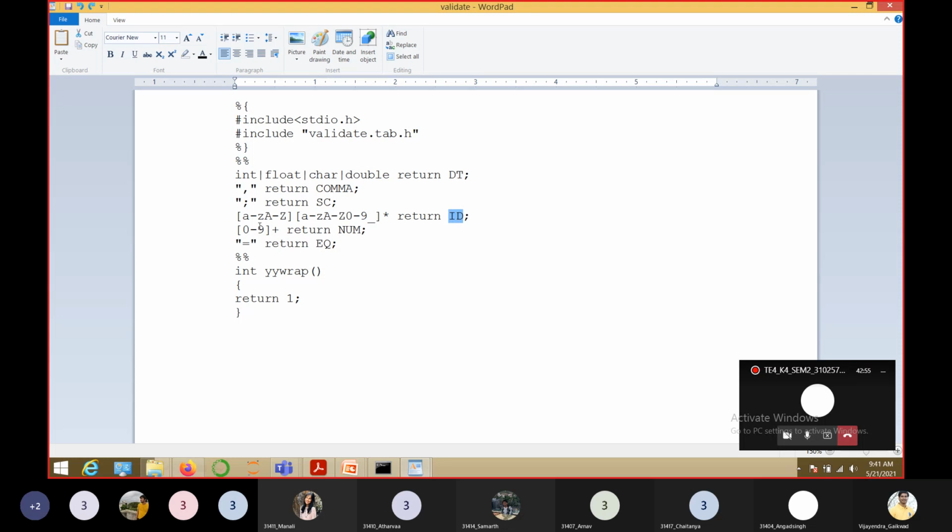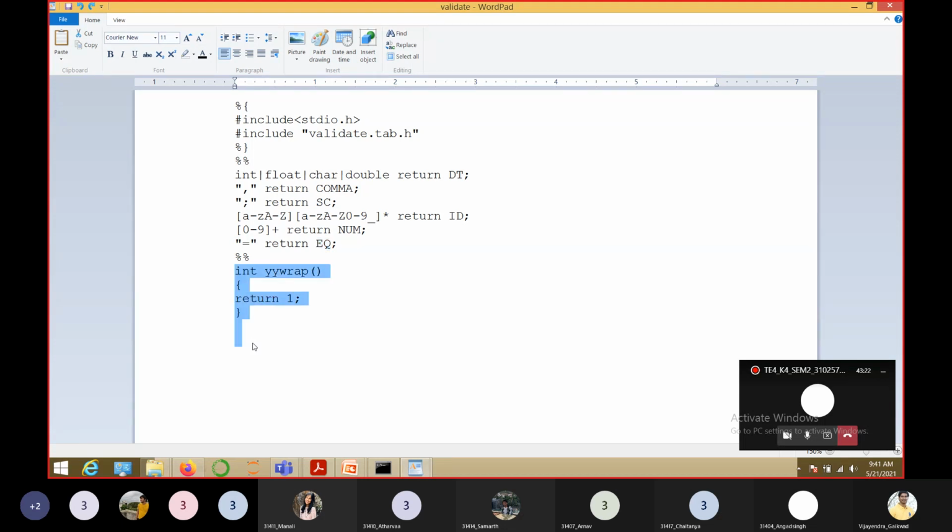Now, if we are initializing at the time of declaration, we will obviously recognize some numeric value, right? In that case, we are going to return num. If initialization is there, equal to will also be there, and in that case, we are going to return EQ. Understood this?